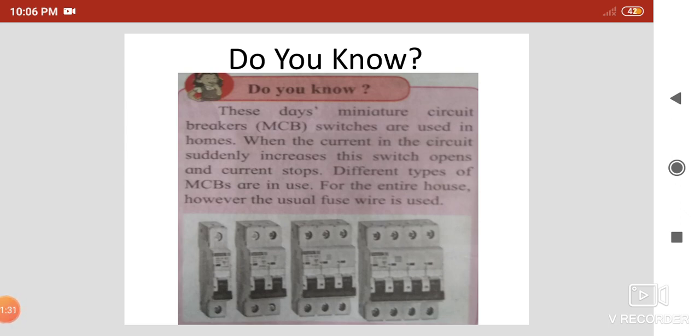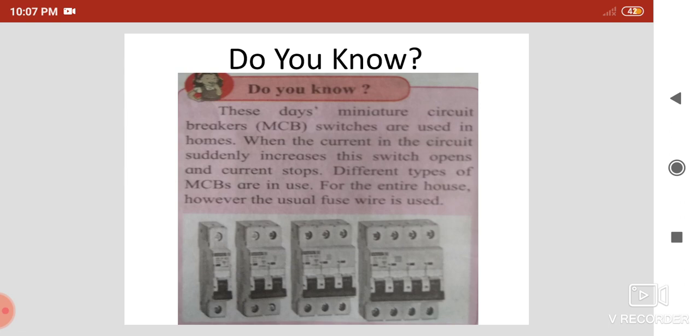Nowadays, instead of using the fuse or fuse wire, miniature circuit breakers are used, that are called MCB. That is a miniature circuit breaker. In these instruments there is a fuse wire. Whenever high or excess current comes inside the house, the switch trips. When the switch trips, the current does not flow further, and it saves the different appliances.